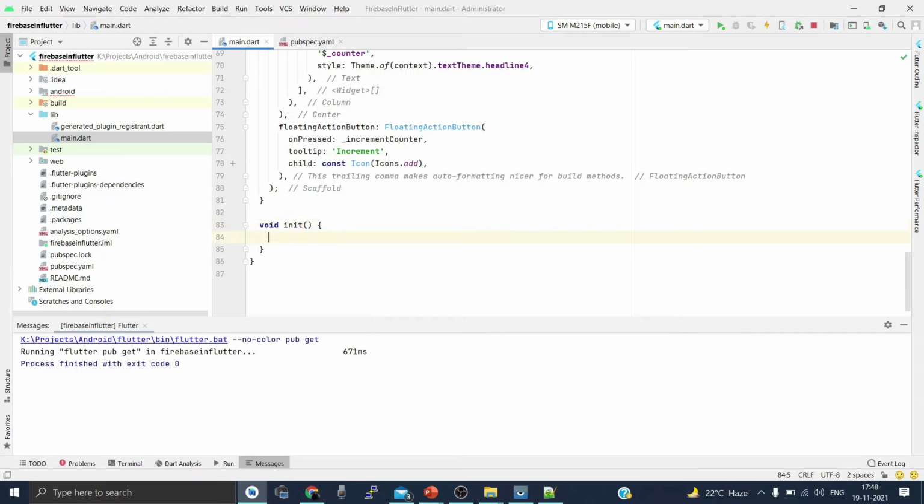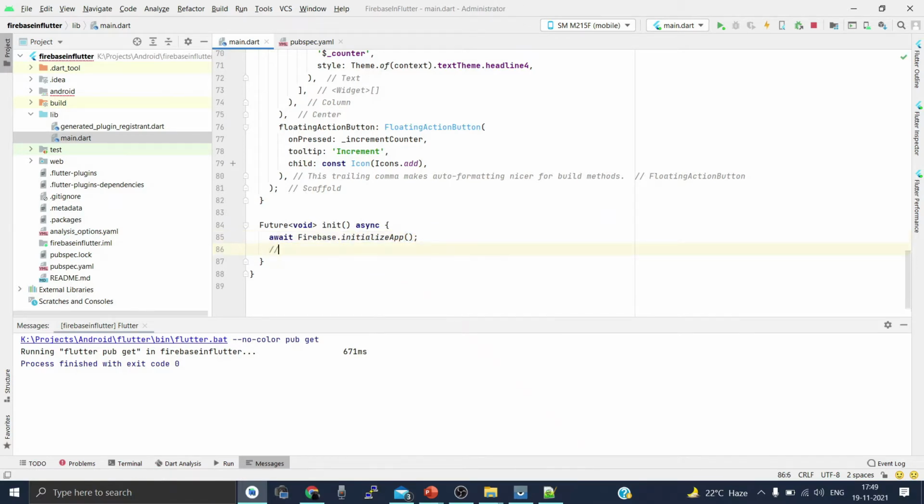Inside this method, we will write await Firebase.initializeApp. Now since we are using the await keyword, the method init has to be asynchronous.